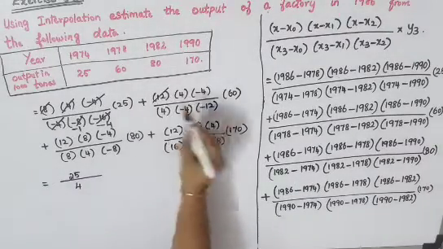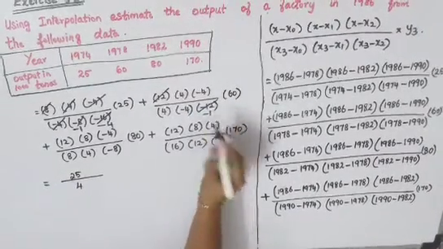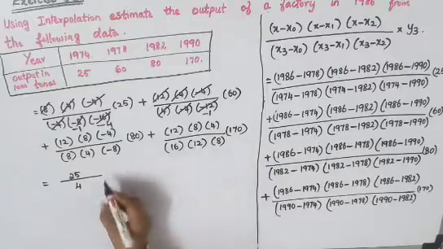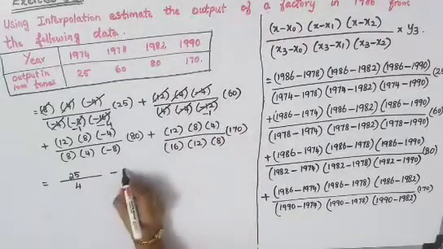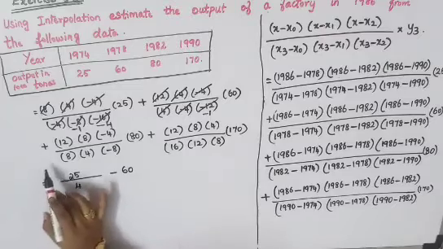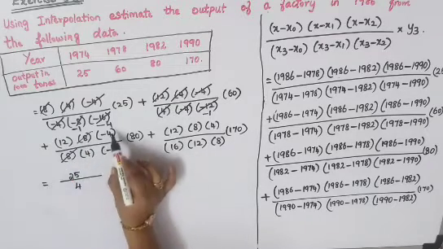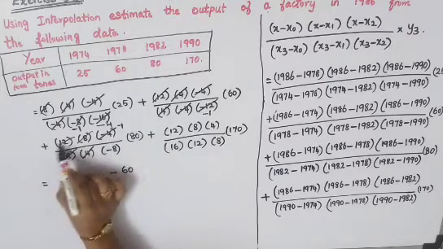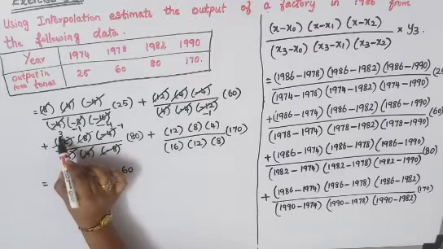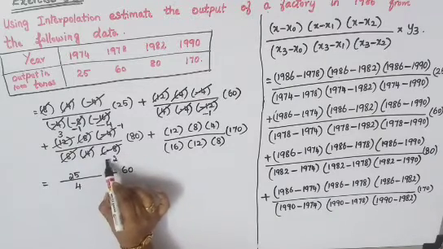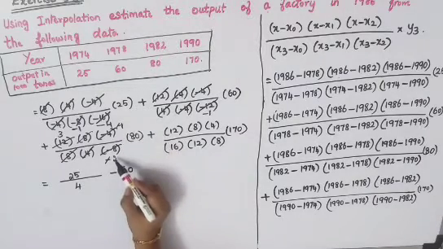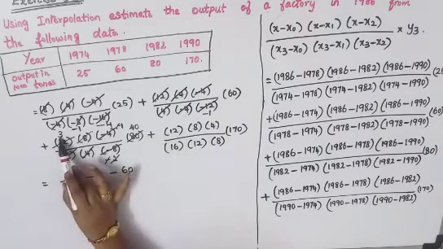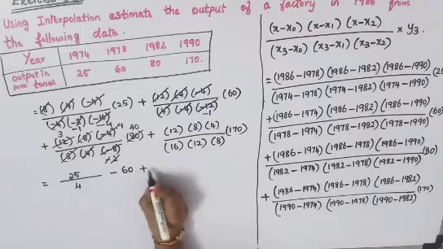Next is plus 12 and minus 12 you can cancel, you will have minus 1. Plus 4 and 4 you can cancel, again minus 4 and minus 4 you can cancel. So the left out will be minus, here 60 into 1 is there, only 60. And your next one is 8 and 8 you can cancel. And this 4 and 4 you can cancel, but here you will have minus 1. Again this 12 and 8 you can cancel, it is thrice. And here it is twice with minus. You can cancel this minus and minus. And this 2 and 80 also you can cancel, it will go 40 times. So the left out will be only this 3 and 40, so you'll have 120.